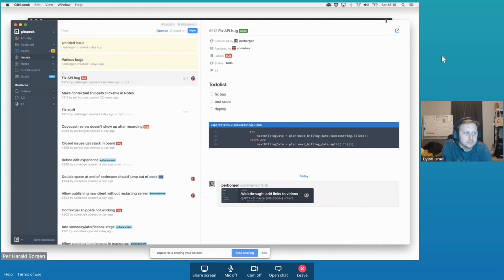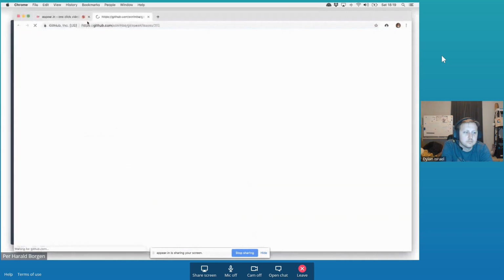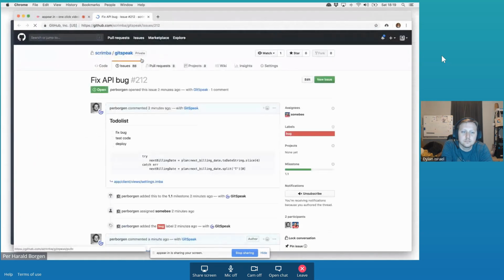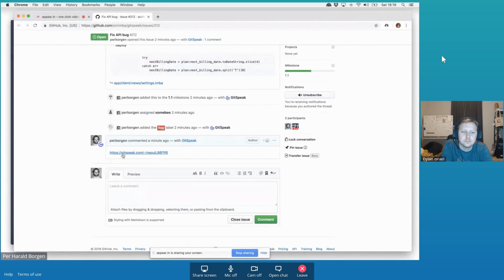And right now, how it works if you want to use it outside of GitSpeak is we can open up GitHub here, and what you'll see is that it's turned into a URL on GitHub. So you could just link to it now from your Markdown files.